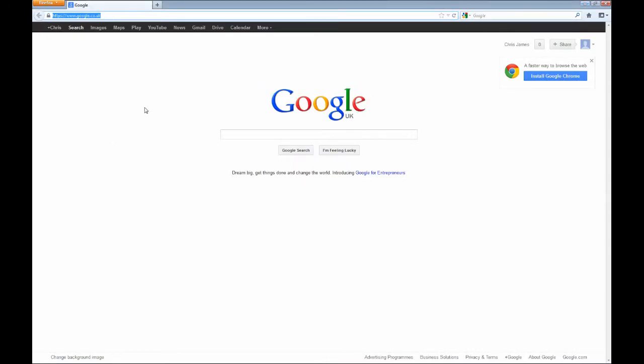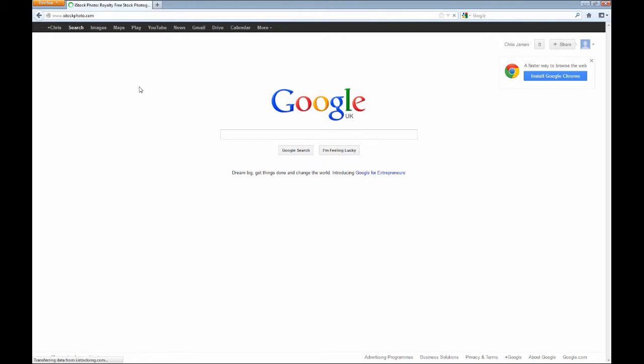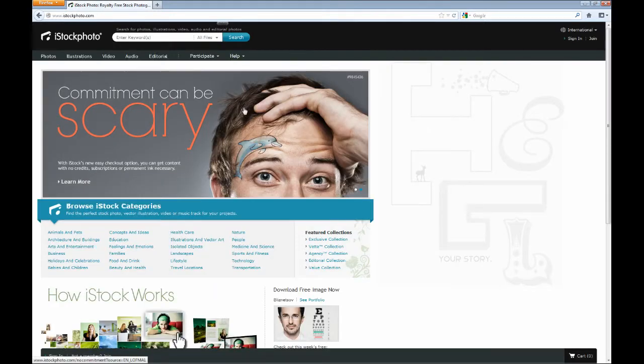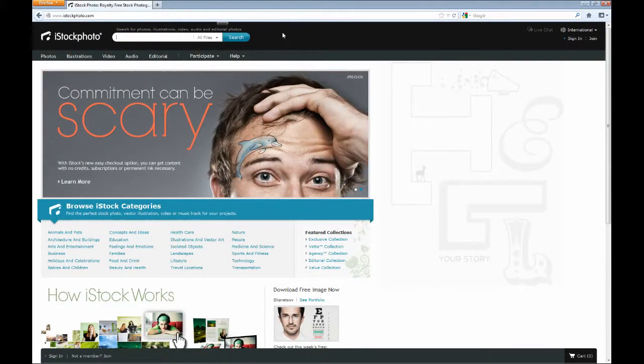If you go to your web browser and we go to www.webcatalyst.info/photos, then it will refer you to this site, which is iStock Photo. This is like a big online marketplace where you can buy images and photographs and all kinds of things on a pay-as-you-go basis. So all you have to do with this site is to put a keyword or a phrase into the search box,